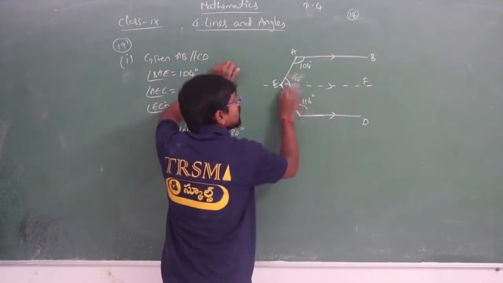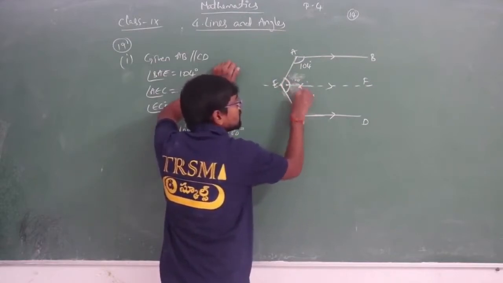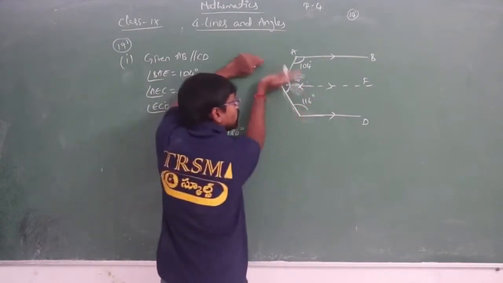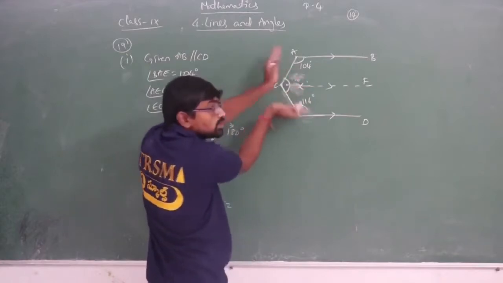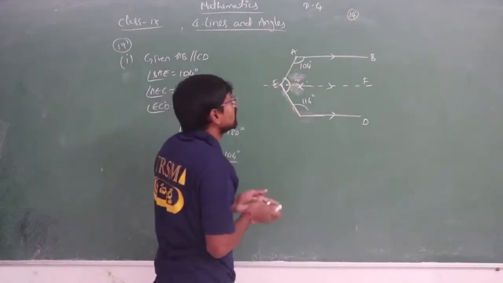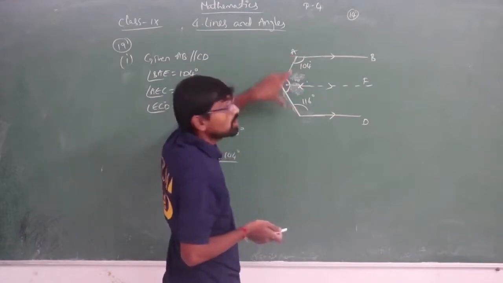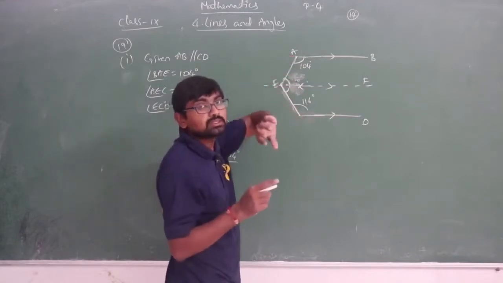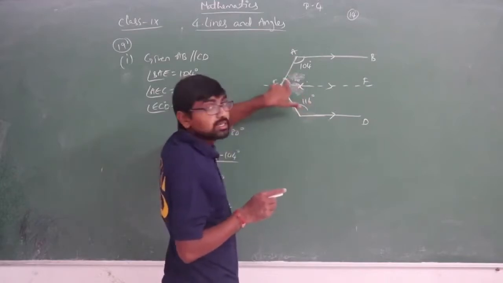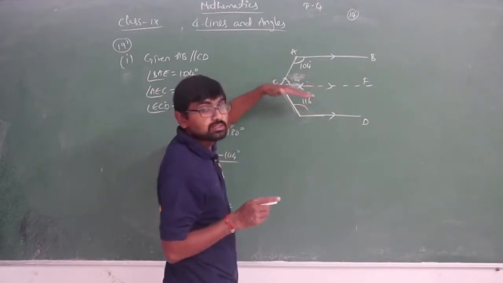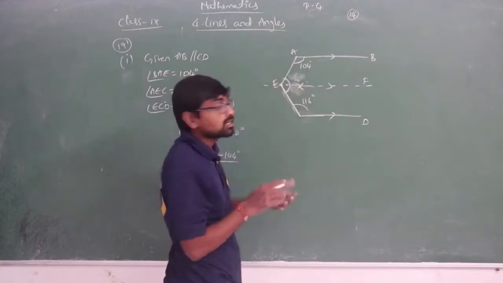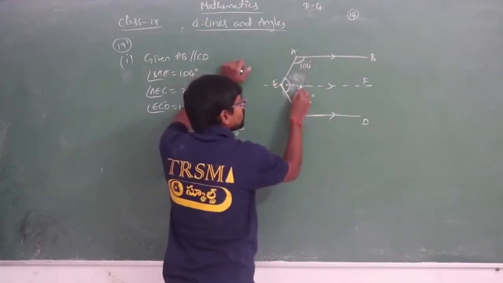So let us assume this total angle is x, isn't it? This total angle is x. So what we have done, we have converted it into two parts. They both are not equal. Why? Because these lines are not equal. They are not present at equal distance. The degree is different. It is placed at other angles. So two different angles.